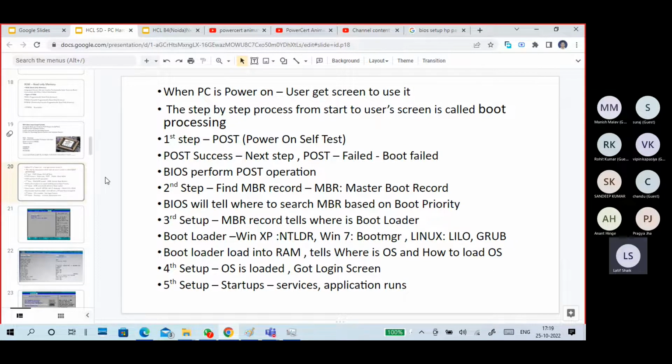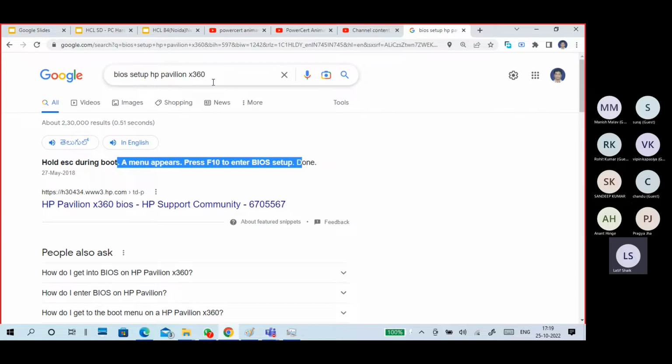If it is a failure, start doing troubleshooting. Okay. How do you know whether POST is successful or not? You can see